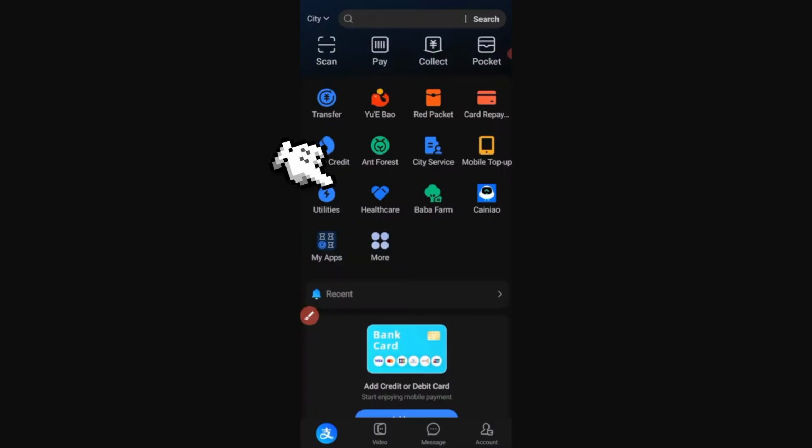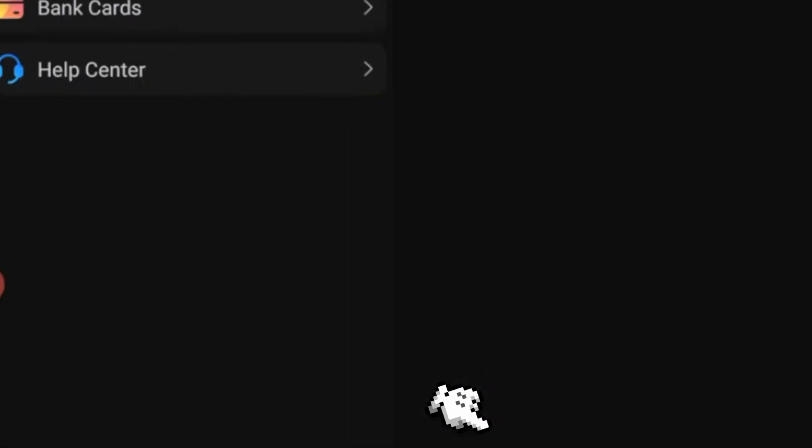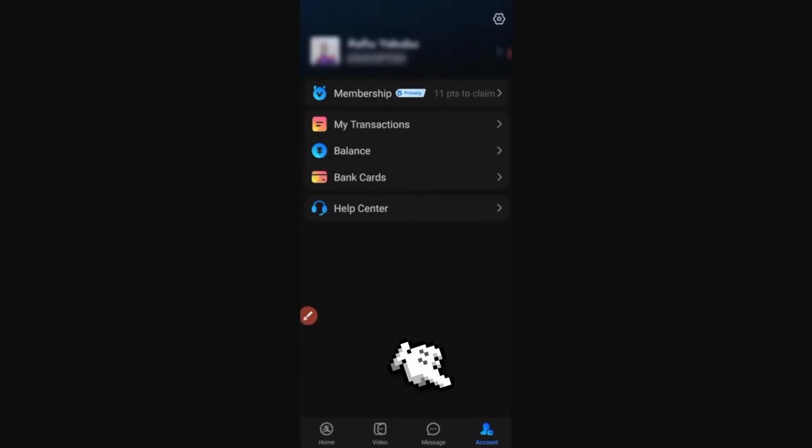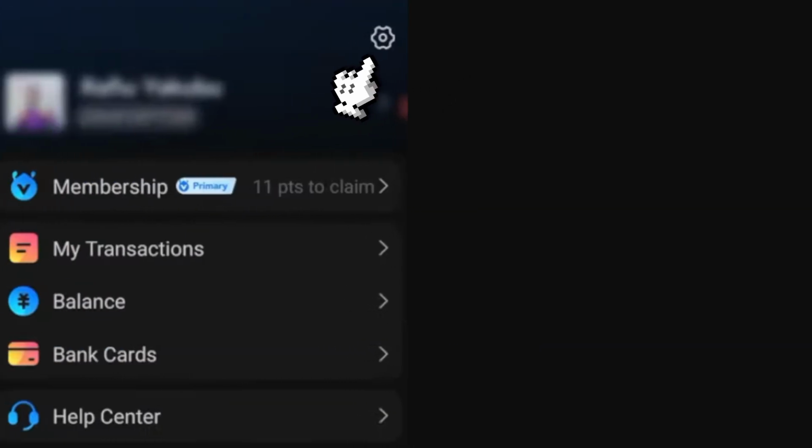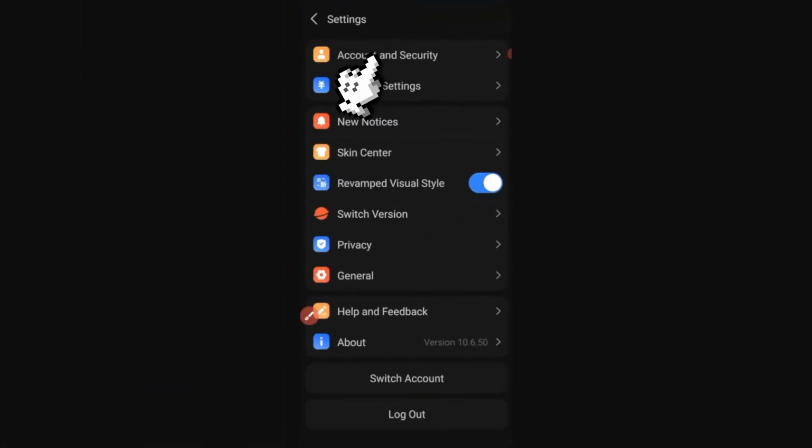Once you open your Alipay app, you're going to click right here in this section or this icon called account. Once you click account right here, you're going to click this another icon right here. You're going to click and then you're going to find this option called